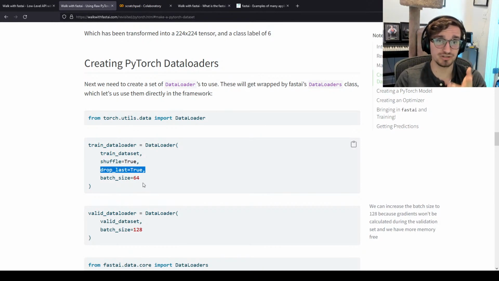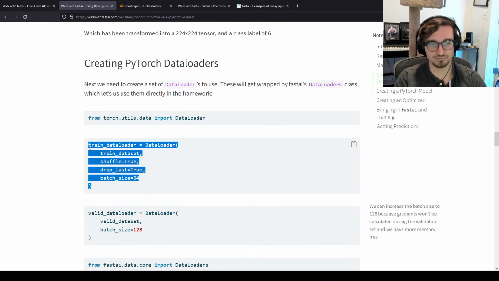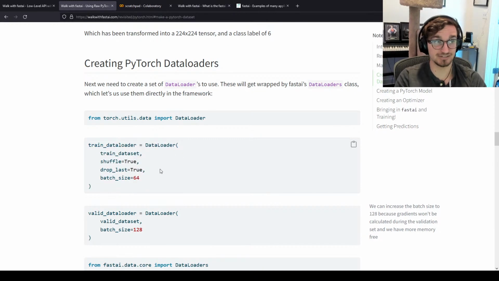It might get there eventually because we're shuffling the data as we go, every iteration, but I don't want to do that. And the reason that this is commonly done